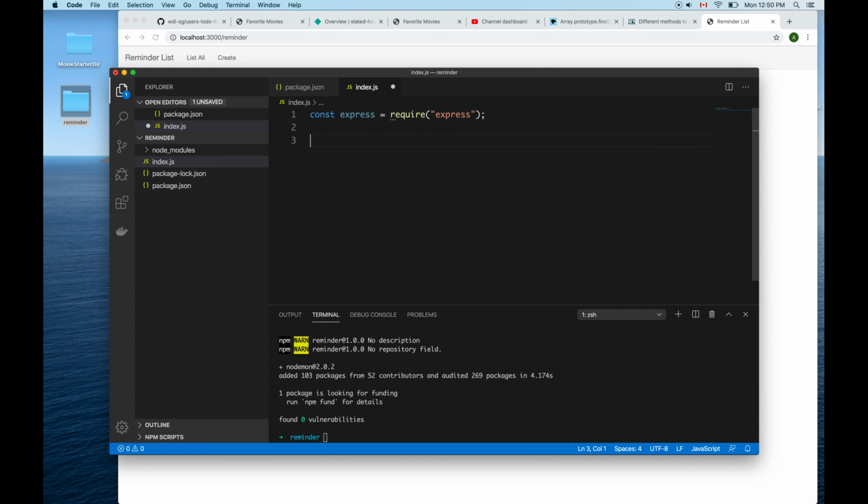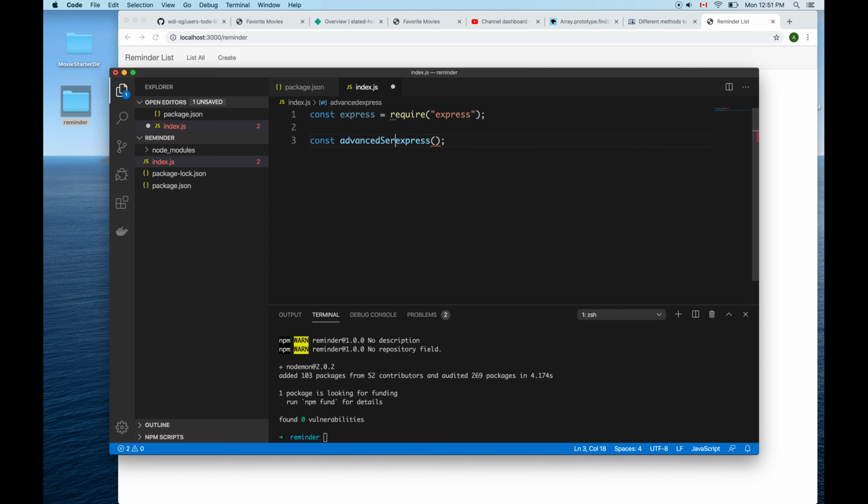The next line we're going to type is Express, and execute it like it's a function. When we call Express like it's a function, Express is going to return back to us a web server that we can use. And so this server that's going to be given back to us, I'm going to store in a variable here called